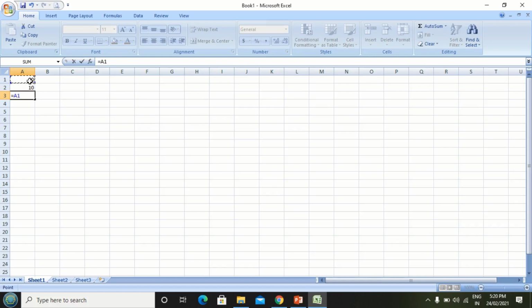Select the cell address A1, put the plus sign, plus operator, then A2, and then press enter. This is another way we can add these two values using the corresponding cell addresses.